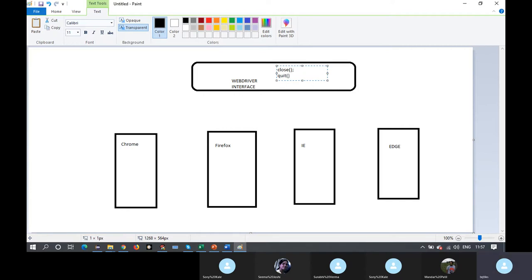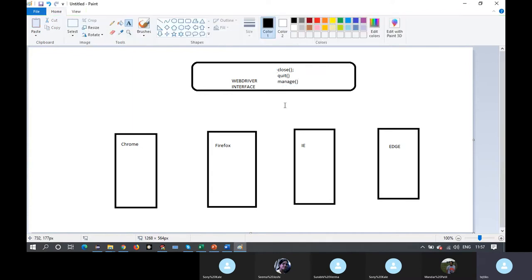Okay, then there is a method called manage. So for example, Chrome implements this interface. So WebDriver is an interface now. So Chrome implements interface, Firefox implements interface, IE and so on. Okay, what will happen? This class, Chrome, is a class. It becomes a mandate to use all these three methods over here, and that's the same thing they are doing